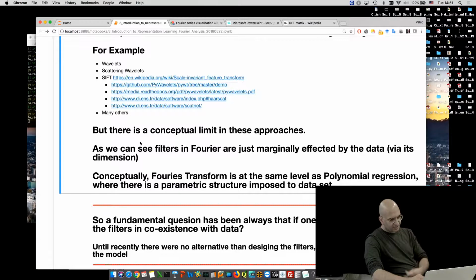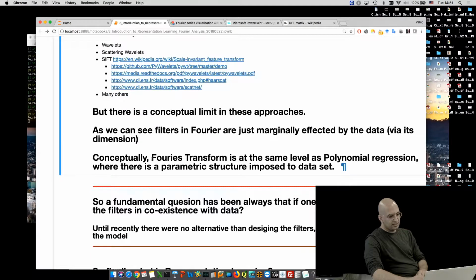But in my opinion, there is a conceptual limit in these approaches, and as we can see, filters in Fourier series are just marginally affected by data. So that's the whole thing. They are not data driven. And conceptually, Fourier transformation is at the same level of, for example, polynomial regression, where the structure